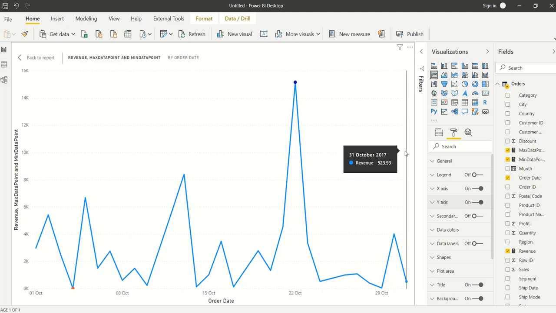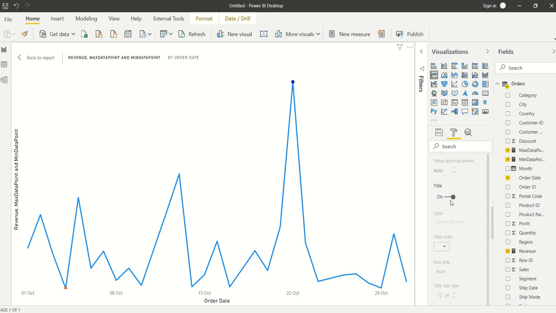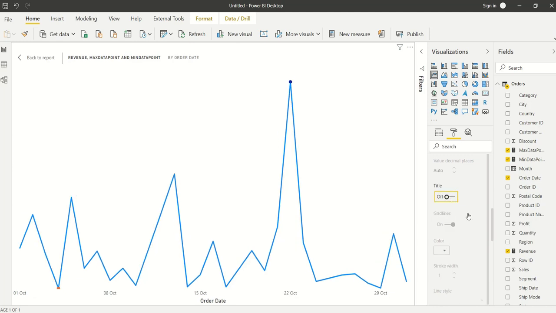Let me make a few formatting changes so that it will look as per our requirement that we have seen on the first page of our tutorial. For that purpose, I have first removed the legend. As you can see, it's no more here, and I also removed the y-axis, and apart from that I also removed the title.